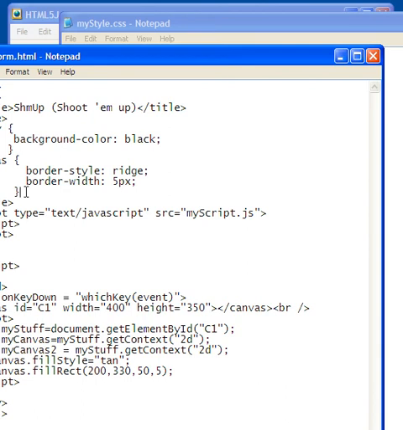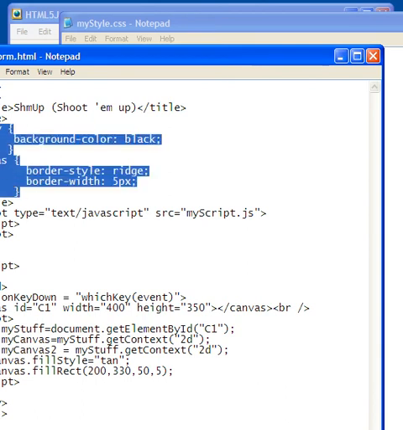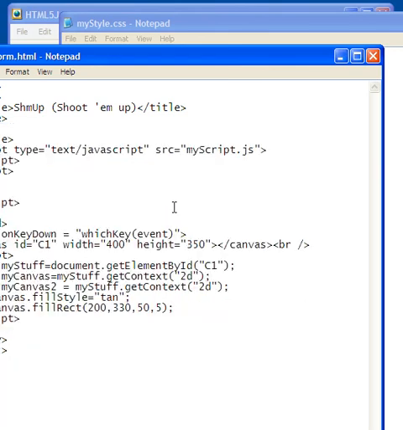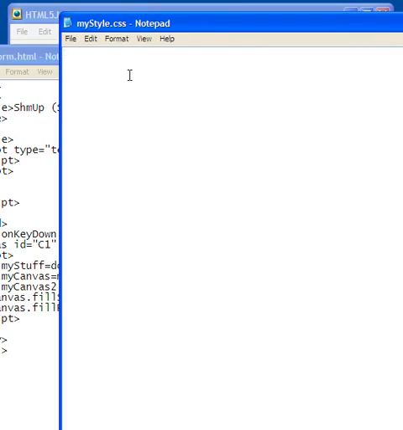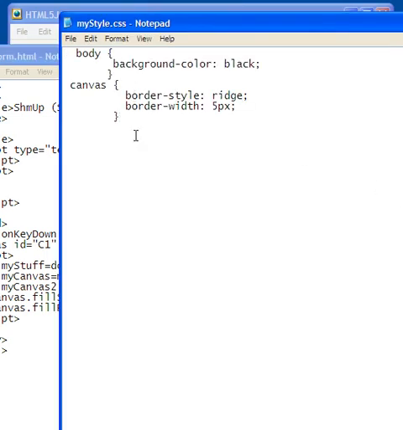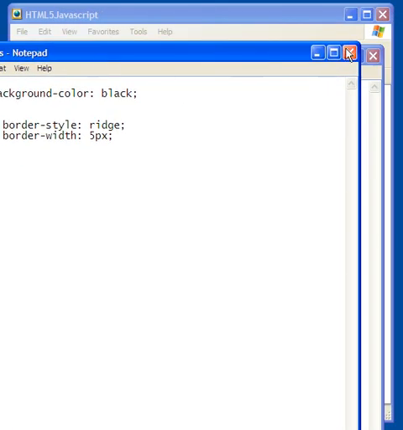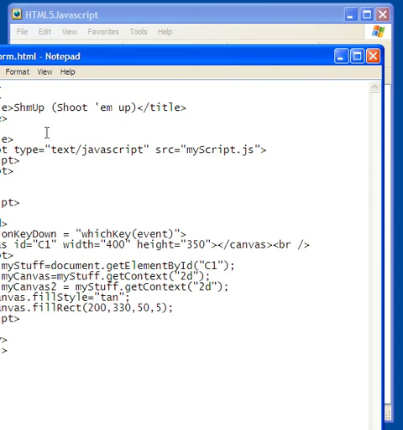and I'm going to take the stuff that's between the style tags, just between them. I'm not going to take the style tags, just like I did with the JavaScript. I'm going to do a Control X to get it out of there. I'm going to come over here and do a Control V, and there's all my style stuff that's going to go in here now. I'm going to save it, and I'm going to close the dude,